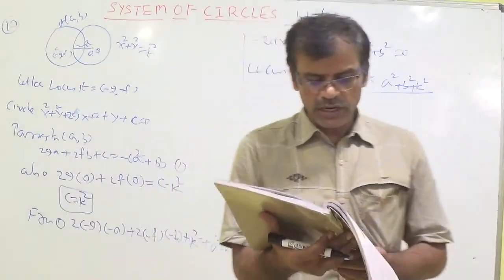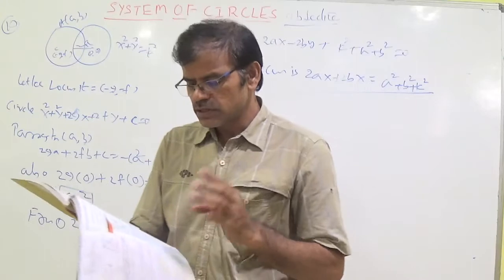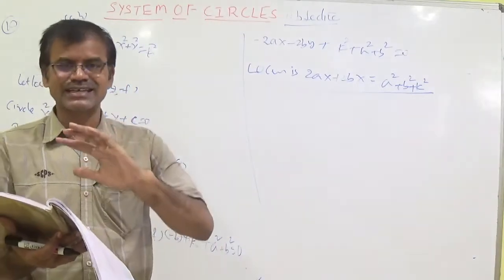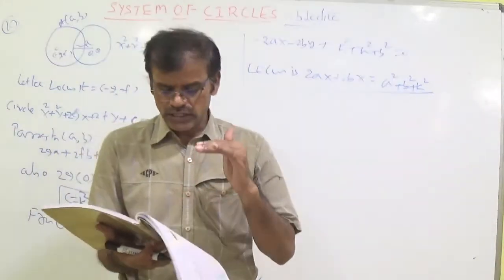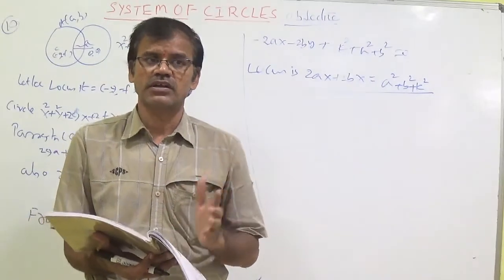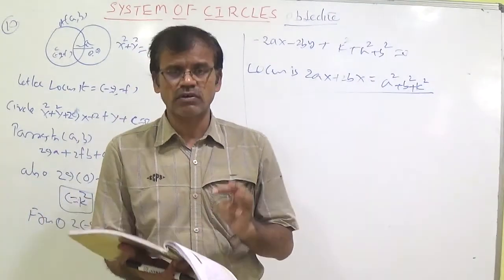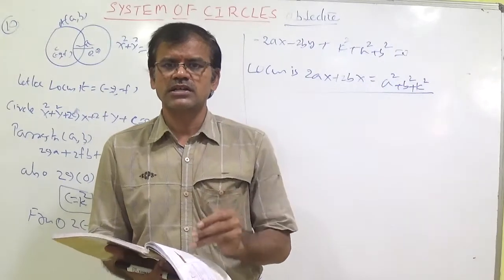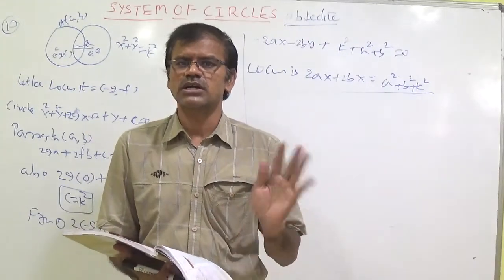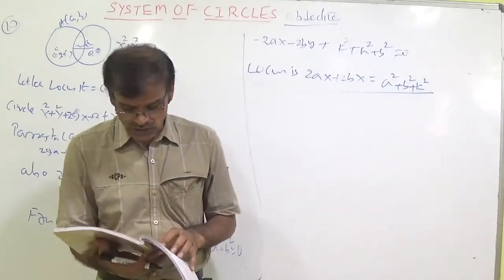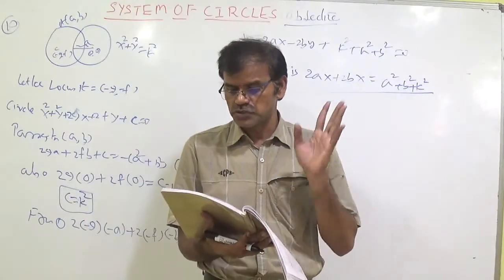Now you can understand the 11th question. A, B, C are the centers of three circles which cut each other orthogonally. I said yesterday the diameter concept and orthogonal concept, that whenever orthogonal circles are there, the radical center is the orthocenter. That's all. I said the shortcut, and the proof also, yesterday. So here you can understand it is the third option directly.